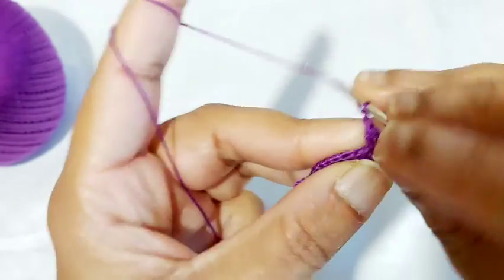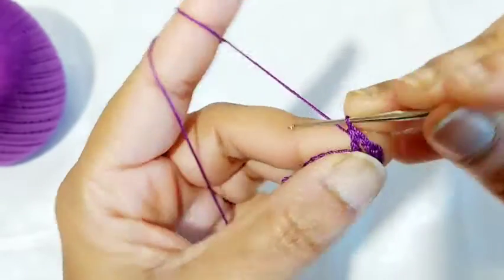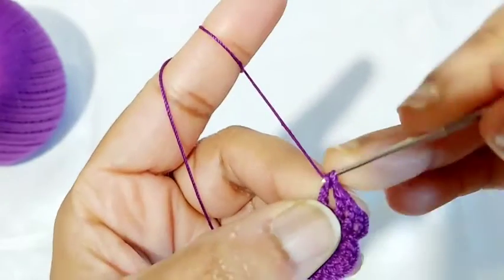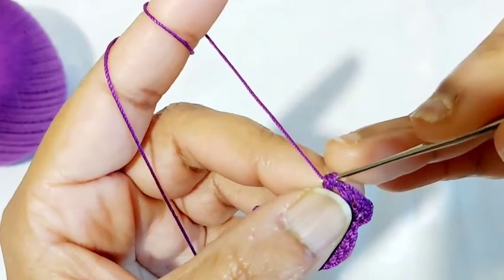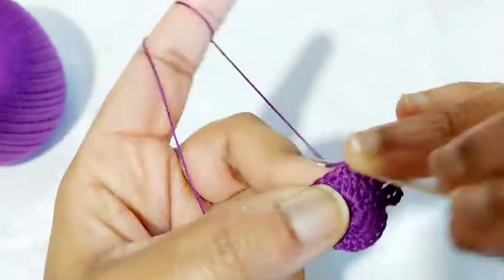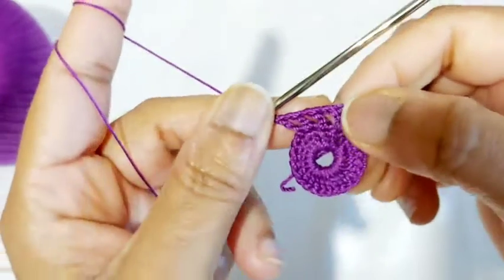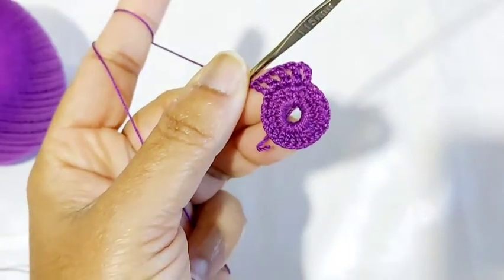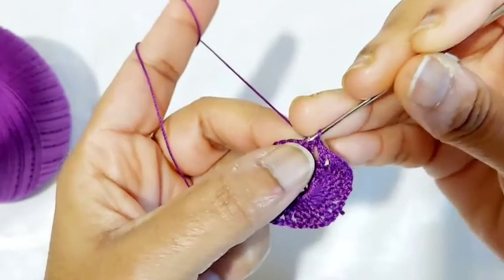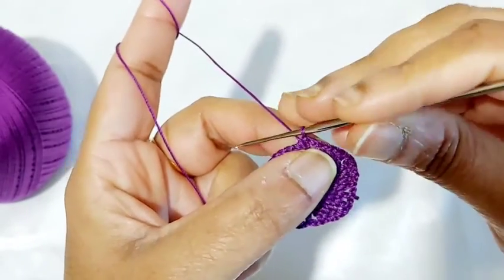Chain 1, another double crochet in the next stitch, chain 1 and a double crochet. You'll have to repeat this all the way through for the whole of the row. I have completed row 2. Here I've slip stitched to the end of the top of the third chain, and for row 3